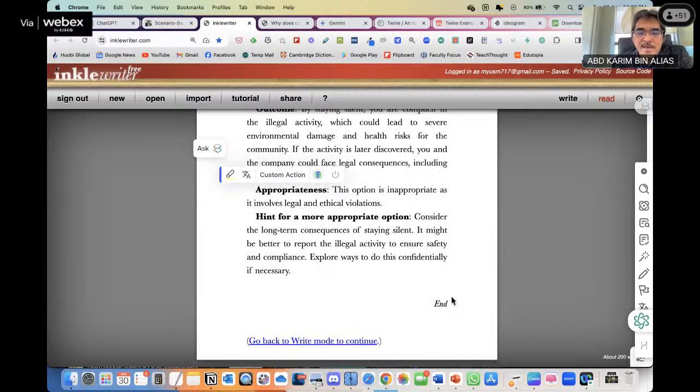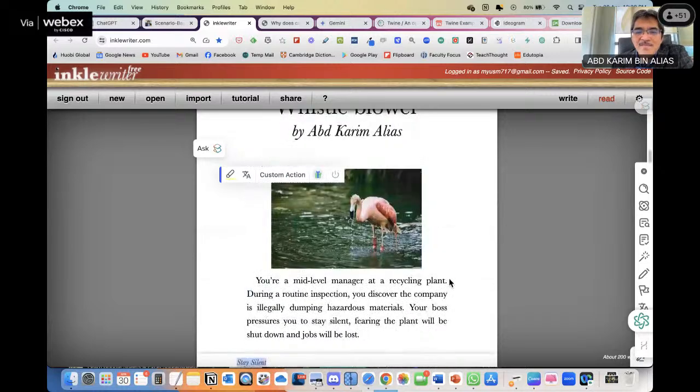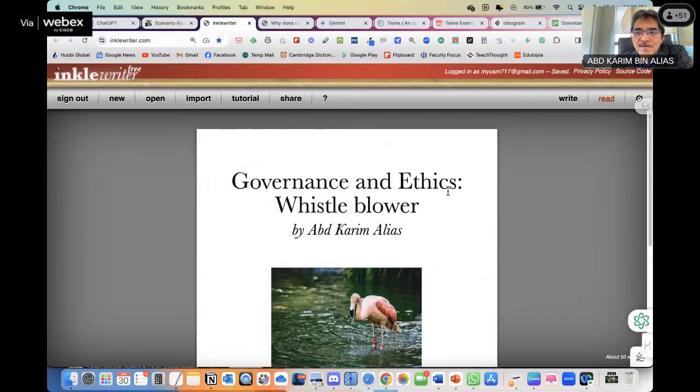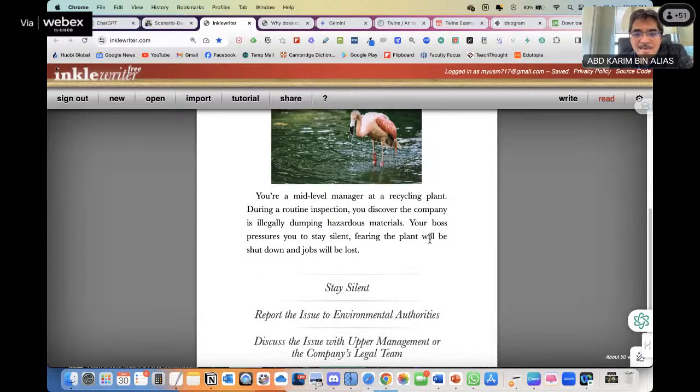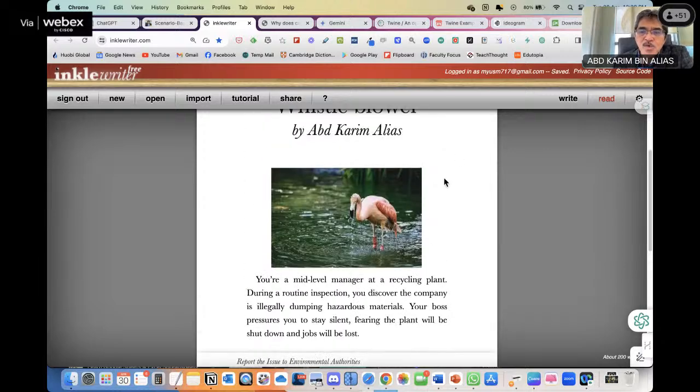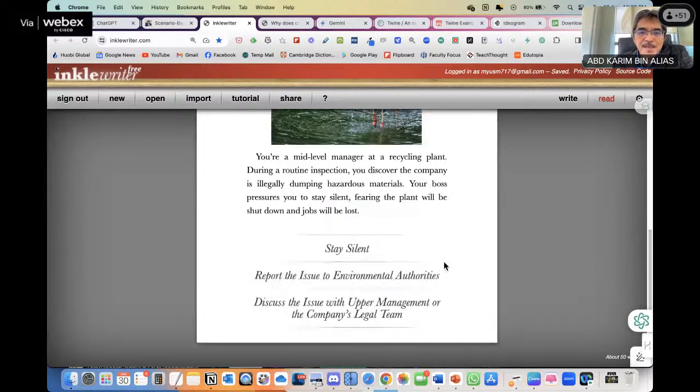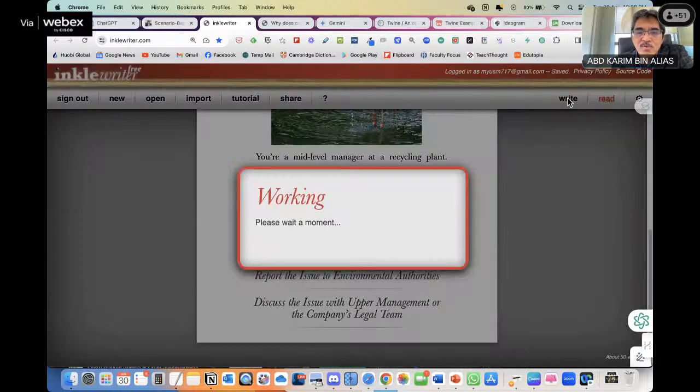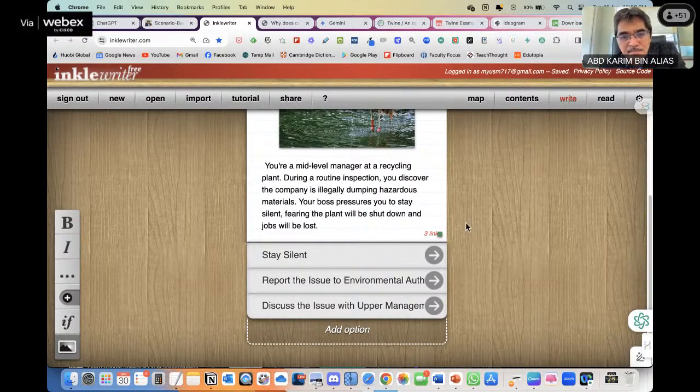and the end. Because it's only one level, I can go back, and because I've been told by the lecturer that although you got the option right, you must go through each option so that you can learn why this option is appropriate, why this option is not appropriate. That's it. That's how you create a simple branch, a simple scenario. But if you want to create multiple branches, I am not able to show you, and I have not yet tried multiple, but it can be done.